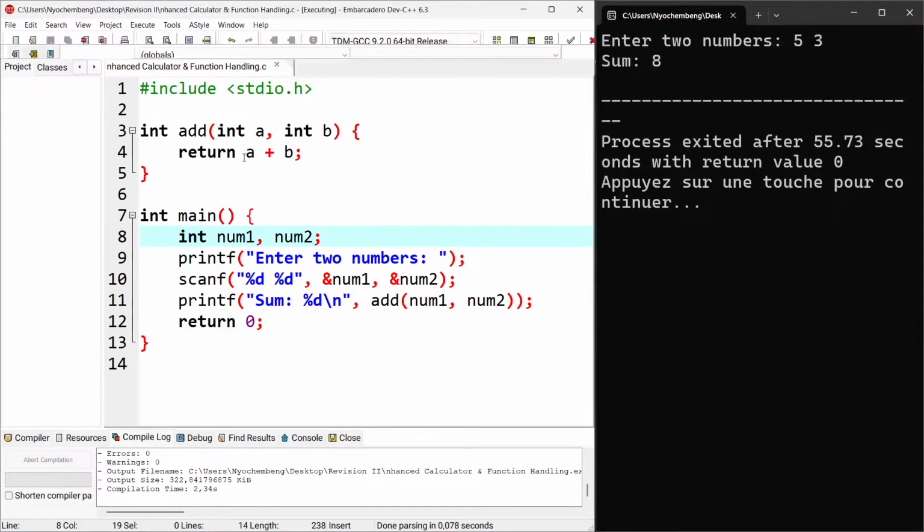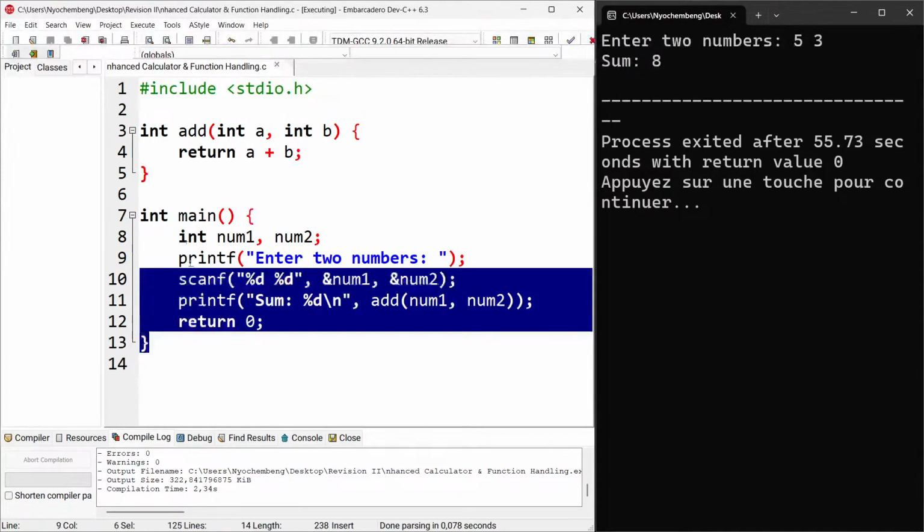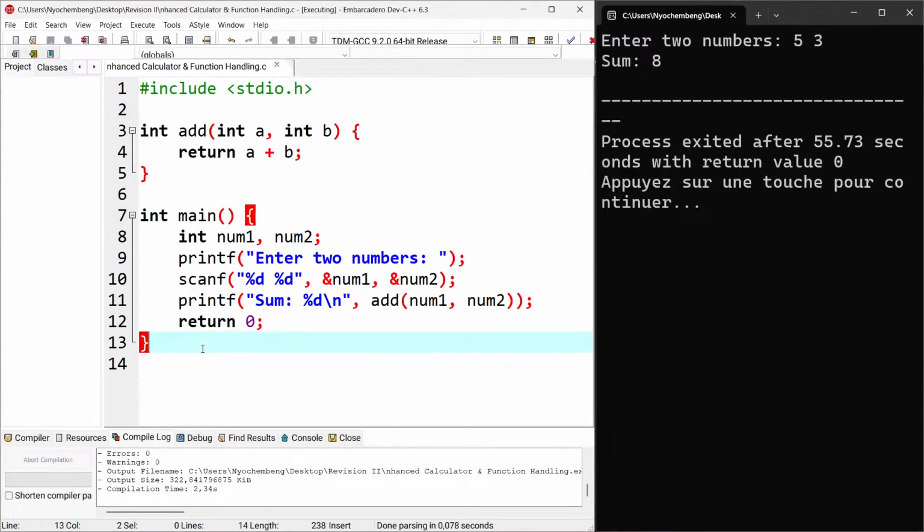Now, a compiler is just a program that translates a high-level language into the machine language, not into a low-level language, because there are types of low-level languages. You have the assembly language, which is a low-level language, but the computer still does not understand it. So the compiler is a program that translates a high-level language into the machine language, which is zeros and ones. And an interpreter